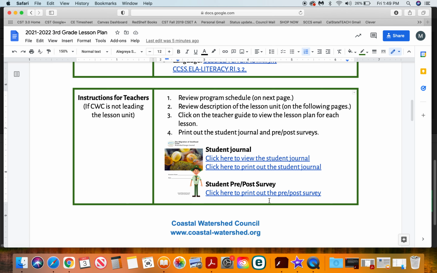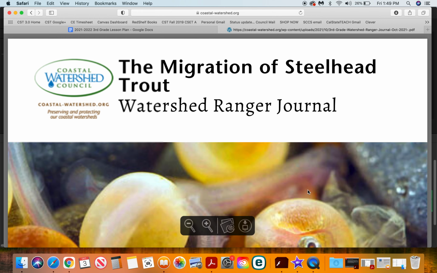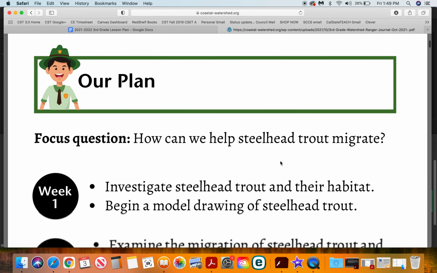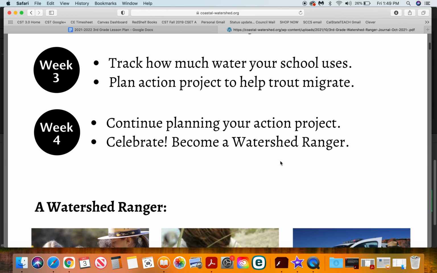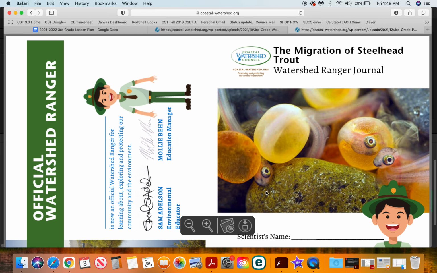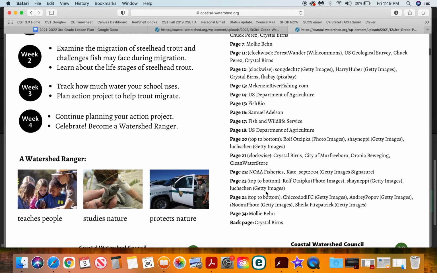So let's take a look at the student journal. You can click here to view the student journal, and this is going to show you the student journal as a viewable copy, not something that you would want to print out because we have it in journal format. But this is the start of our student journal. If you would like to print out the student journal, this is the link that you want to use because it provides it in booklet format, which makes it much easier for you to save paper as well as to